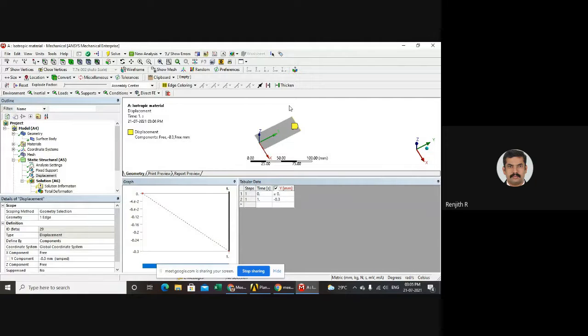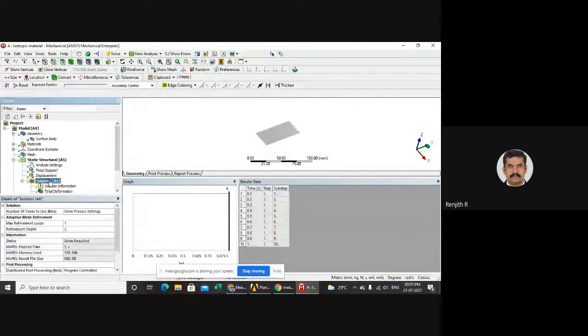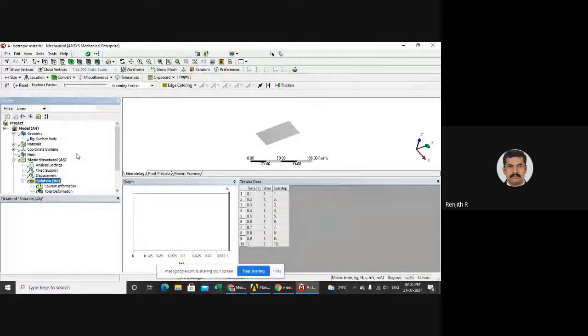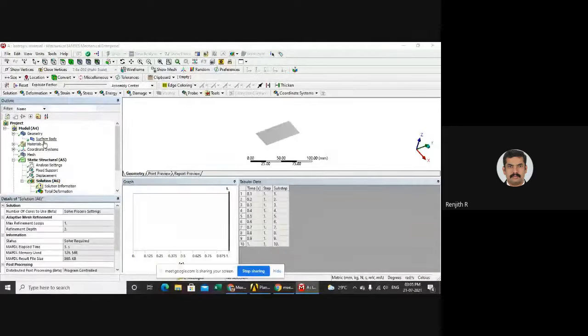Either I can specify the load here as a force, or as a displacement control method. Any method is suitable, but related to FEA, the displacement control method is most suitable, because it will fetch you fewer convergence issues. And by solving, I actually already solved it, but I changed the material property. That's why the solution cleared. Only a small time it will take, I think. Yeah, it's solved.